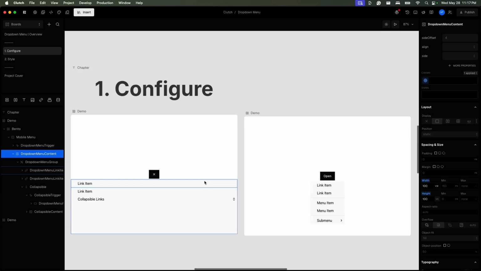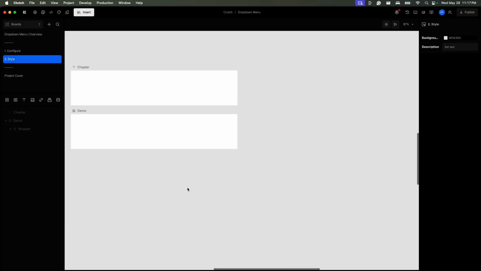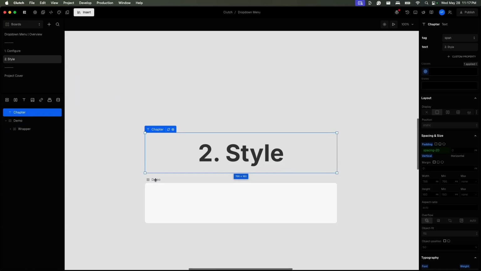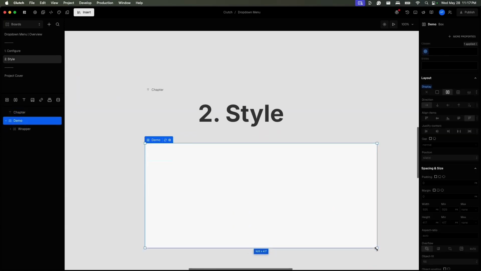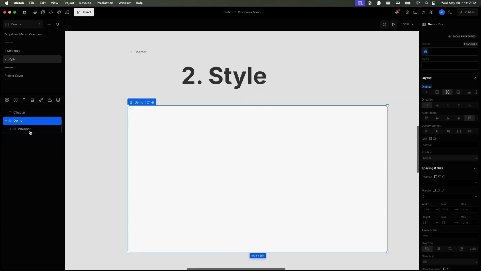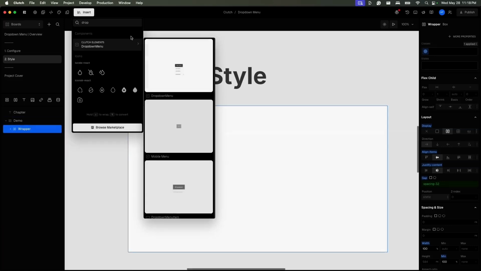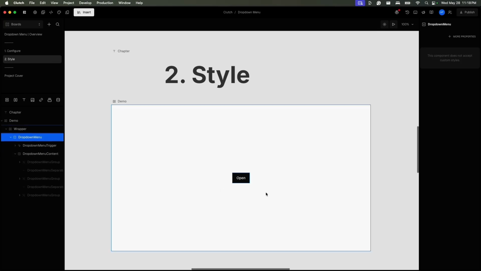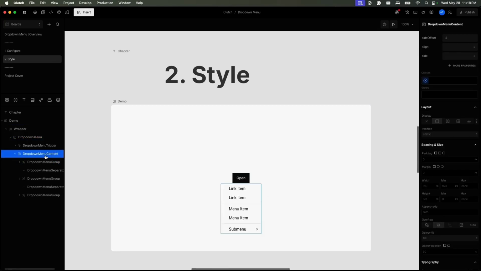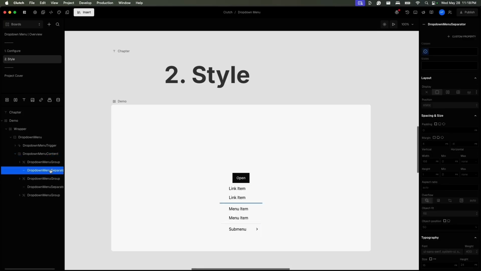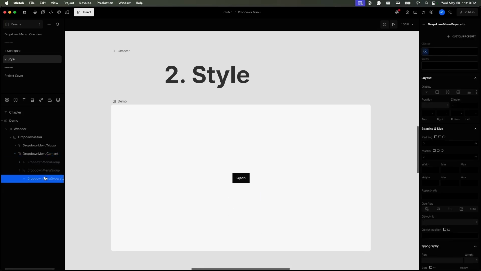So with that, let's jump over to the style section. In this section of the video, we'll talk about styling our drop-down menus. And let's go ahead and try and recreate that mega menu that we saw on the overview. So first things first, library, drop-down menu. And with the drop-down menu added, we have our drop-down menu content. I want to get rid of a few items here. Like I'm not going to use the